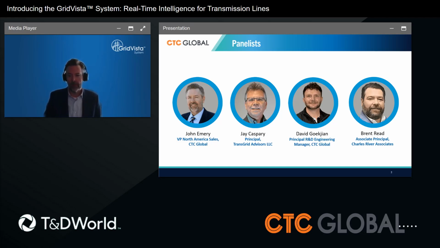For decades, utilities have had to operate and plan around large blind spots between substations, relying on assumptions, models, and indirect measurements when making critical decisions. GridVista changes that by providing utilities with continuous real-time measurement of conductor temperature and performance along the entire span, captured from within the line itself.